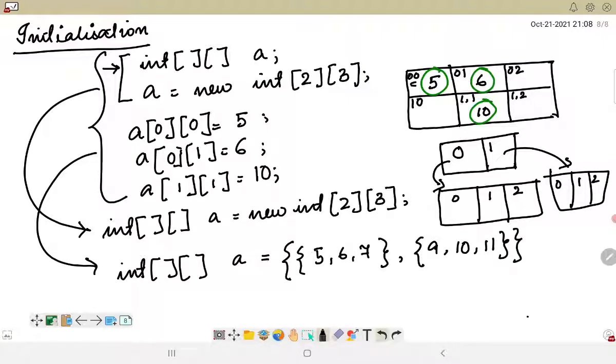So if I want to cut short these many statements, I can simply write down only this statement in order to declare, instantiate and initialize a 2D array. This is like a shortcut. The numbers would be replaced here as 7, 9, 10 and 11 respectively.